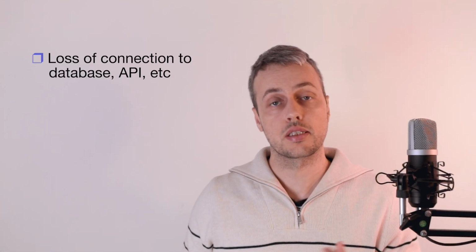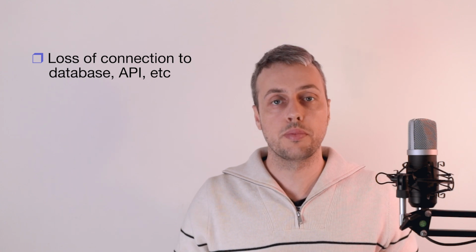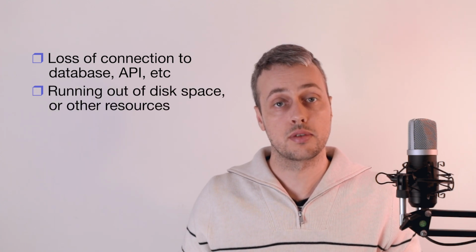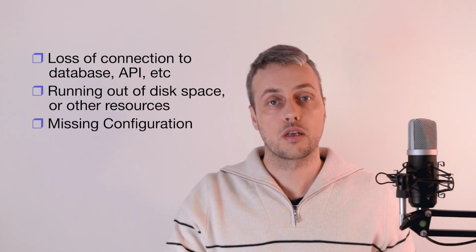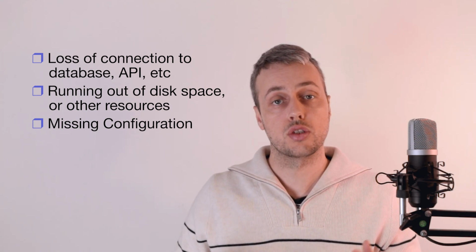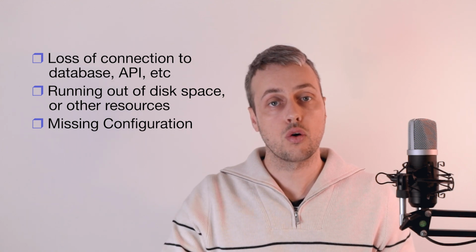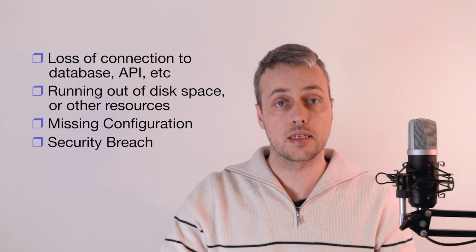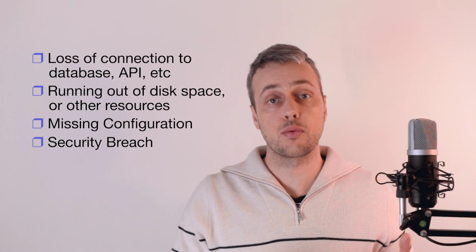Now some examples of critical errors include things like a loss of connectivity to an external source that your application depends on, and that could be a database or an external API. Another example would be running out of disk space on a server where your application is hosted. Configuration errors as well, if your application relies on some configuration that is not available in the environment. And also a security breach could be considered a critical issue, and you might want to log that out